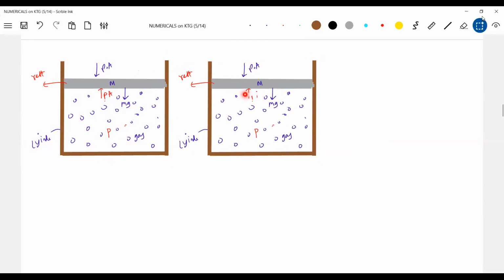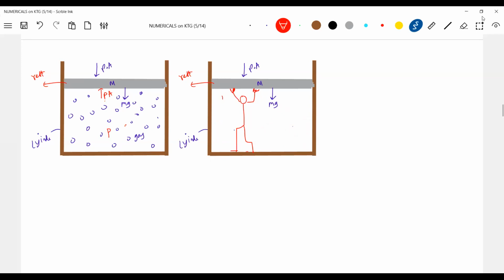So let me put it like somebody is there inside. Some sort of person is there, and that person is balancing the weight of the piston and atmospheric pressure force. Will I agree? Okay, we'll go and check it. Is anybody there inside? Okay, we have verified. Nobody is there. So forget about gas. If there were no gas, then who would balance the weight of the piston and the atmospheric pressure force? I think definitely that person. Will I agree? I want students to really think.